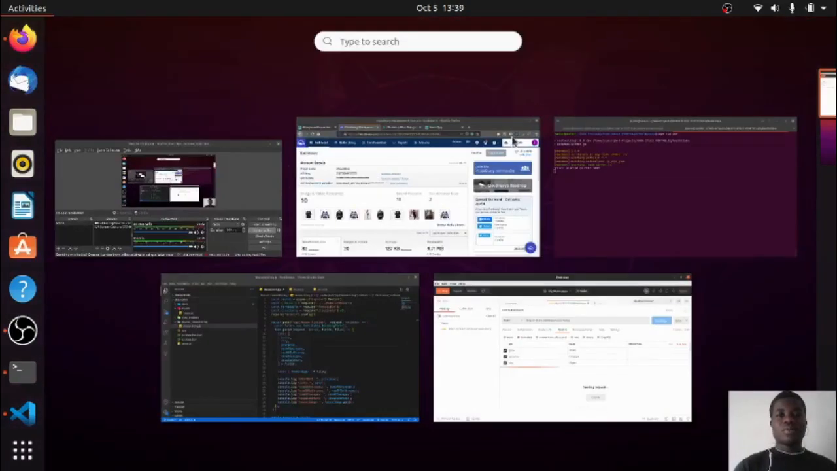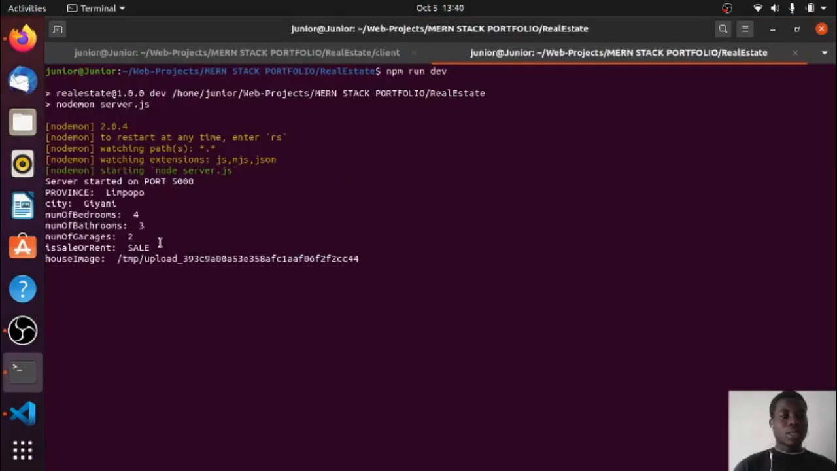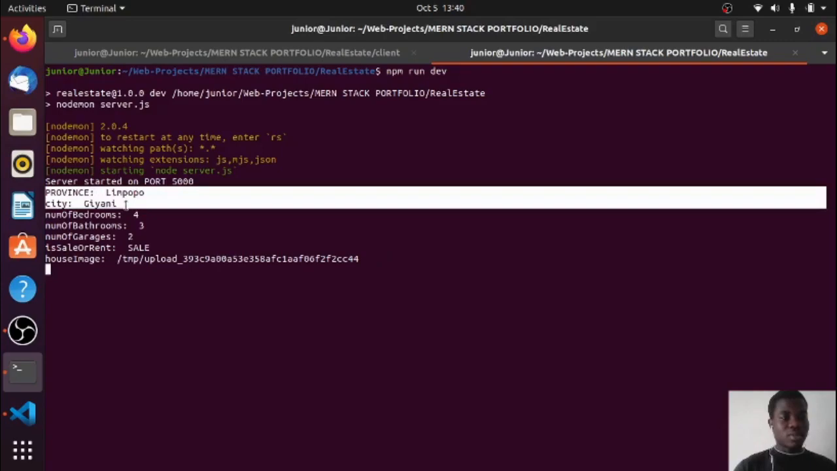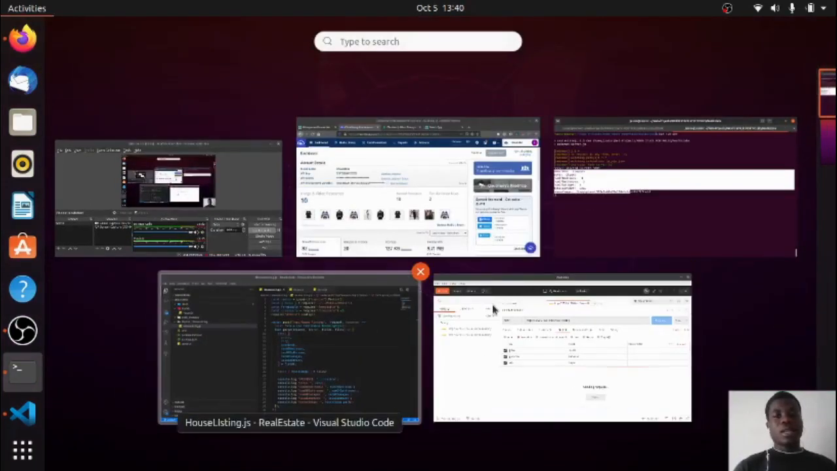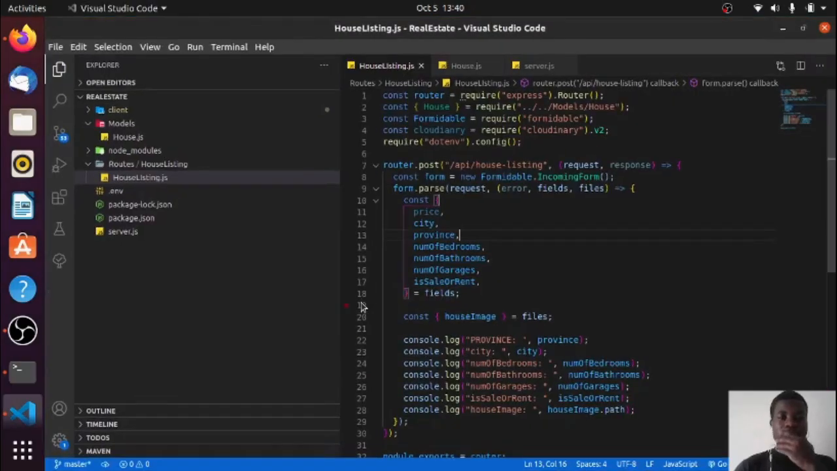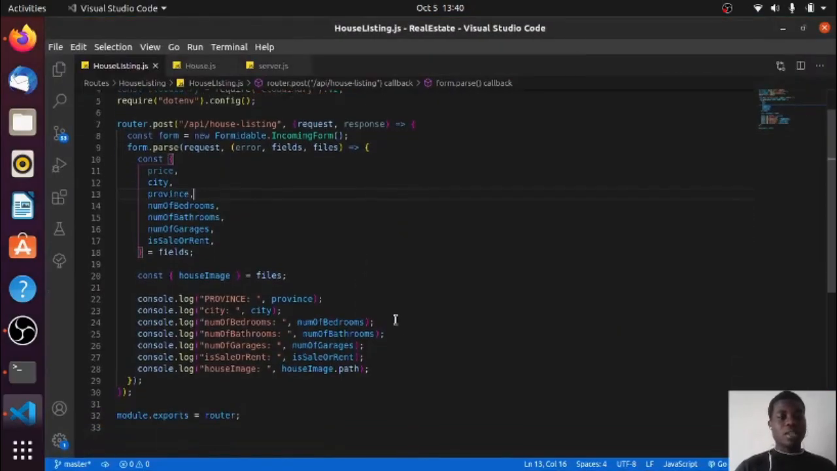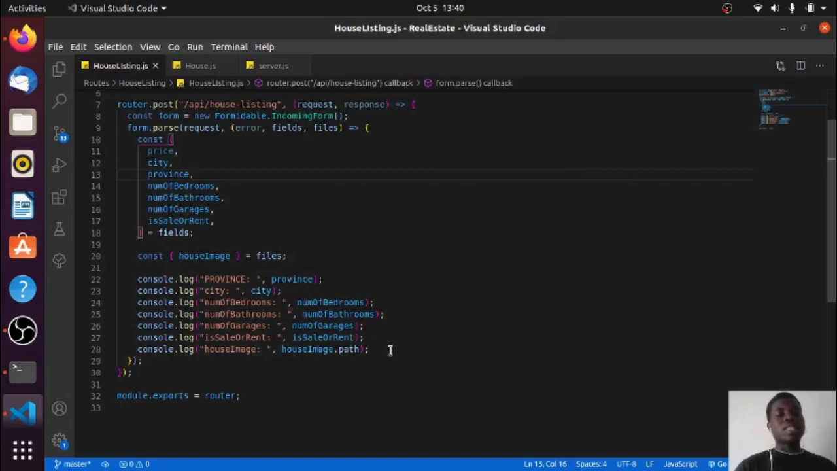So if I send back this request, I expect to get everything. You see, I get the province, city, number of bedrooms, number of garages, rent, and that. So now we know that we're getting all the contents that we need, right? So now it's a matter of uploading this and then taking the URL, that same process that we did in